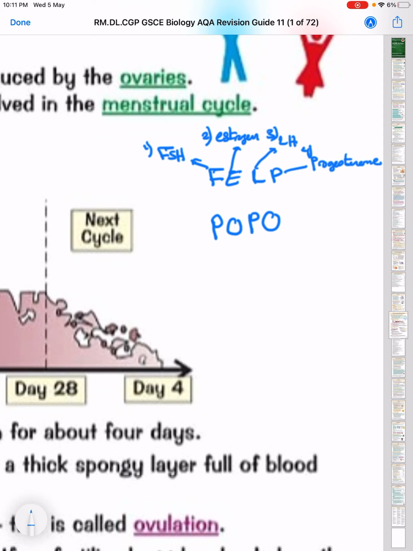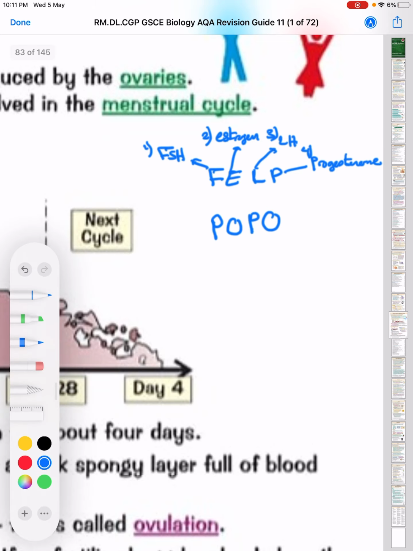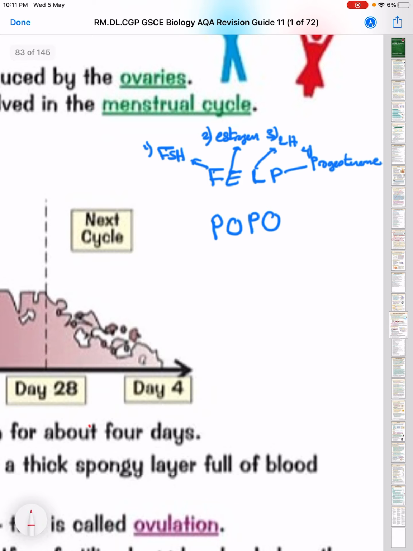So if I want to mention, for example, for the FSH, it is released from P for pituitary gland, E, estrogen, is released from the ovary,